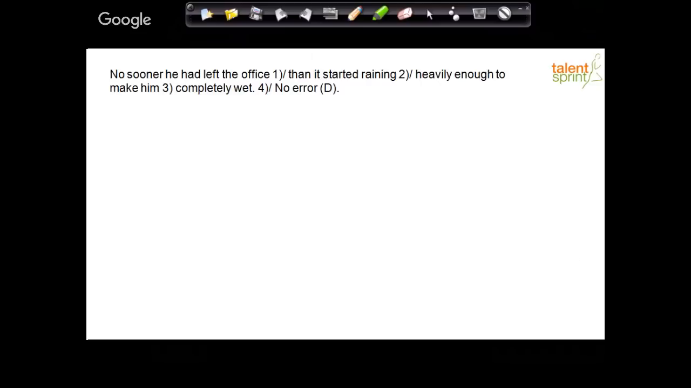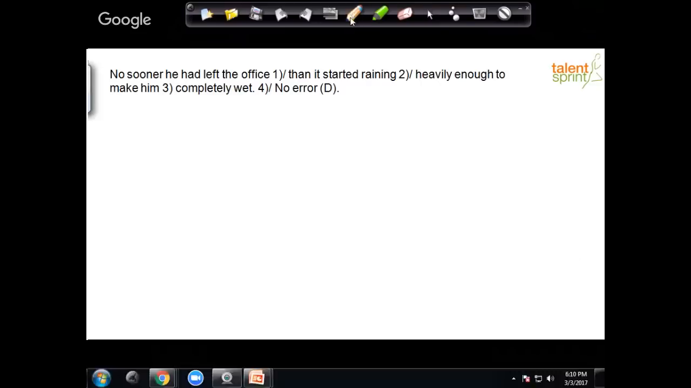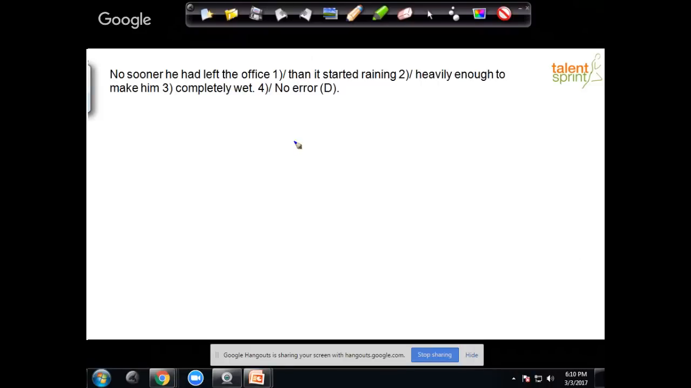So in this question, I'm sure most of you are familiar with this, right? No sooner is followed by then. Hardly is followed by when. Right? This we already know, and if you look at the context,